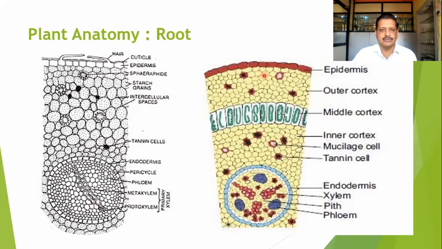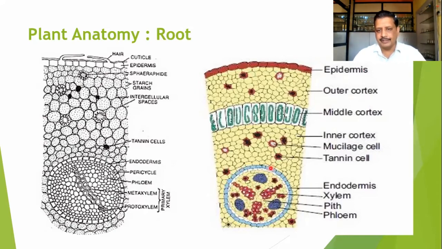And this is the structure of the coralloid root, where you can find the outermost layer, the epiblema or epidermis, the outer cortex, and in the middle zone the presence of an algal zone, which is the Anabaena species of algae. So it is for the purpose of the fixation of nitrogen from the atmosphere. So this algae helps in the fixation of nitrogen.